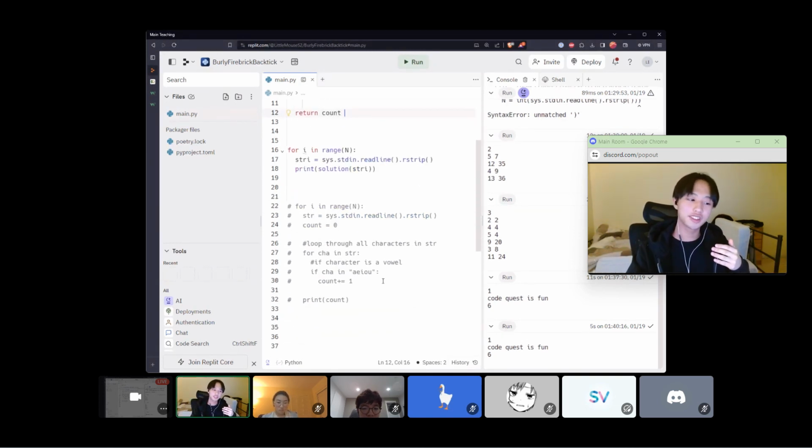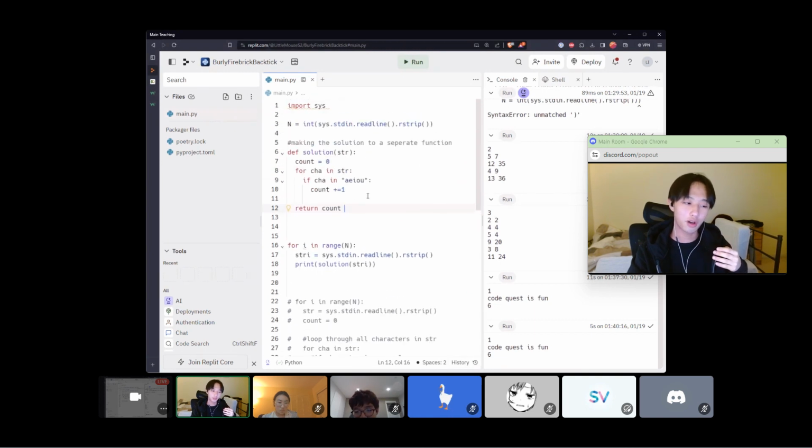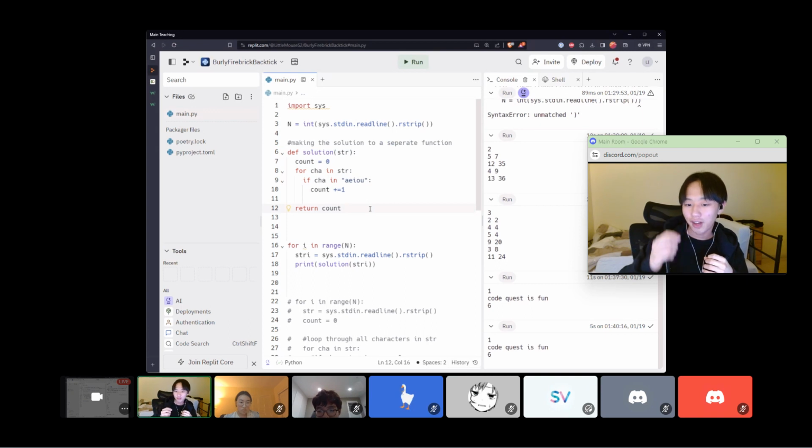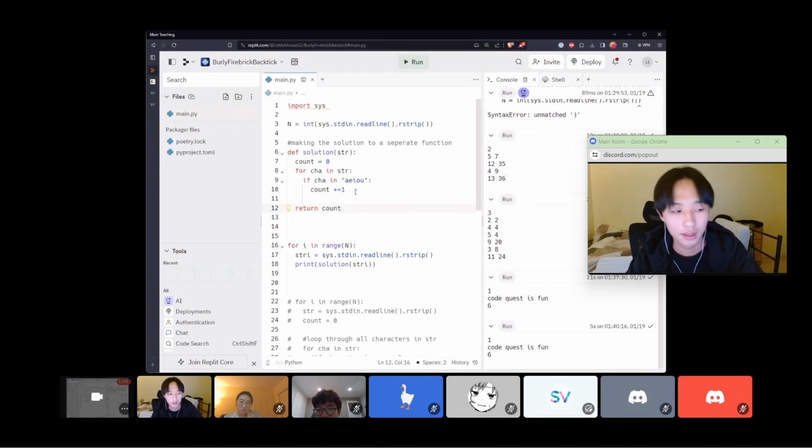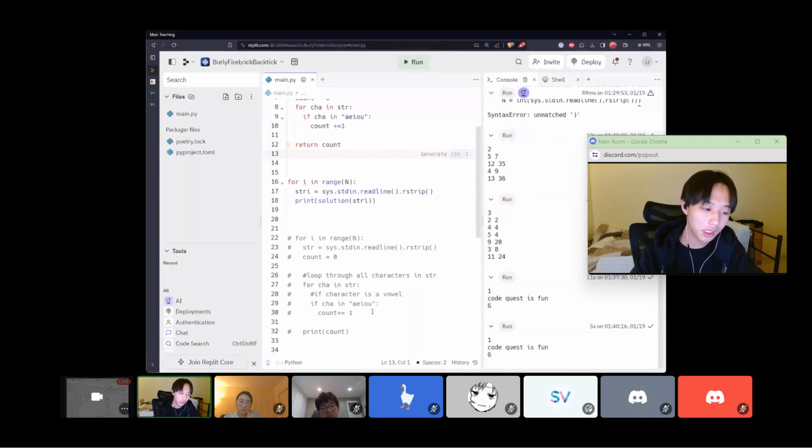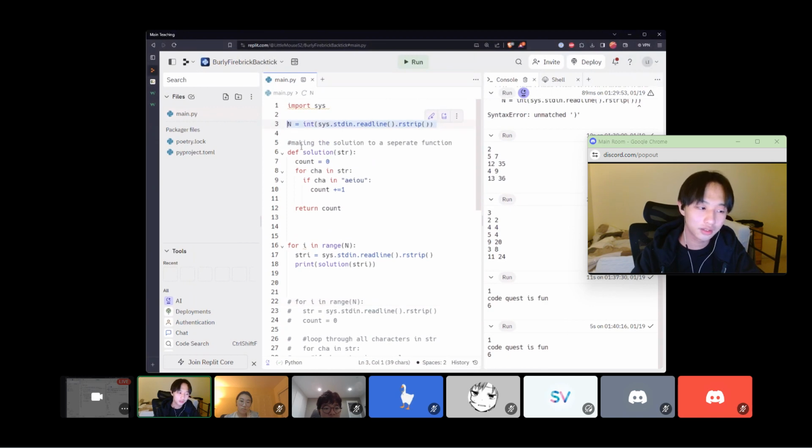Why would you do this? This is so much simpler. This is so much more complicated. You have to make a whole separate one. So defining functions is very important once your code gets really, really long and it gets confusing to know what you're doing. And if you're using the same thing repeatedly, it's much easier to do it this way. And it's also easier to debug your code, because instead of relying on changing things here and then doing everything here again, you can just comment this one out